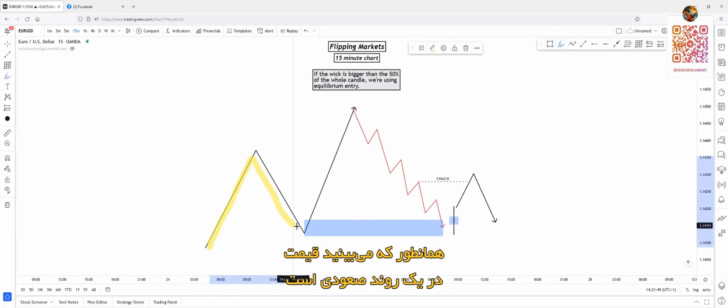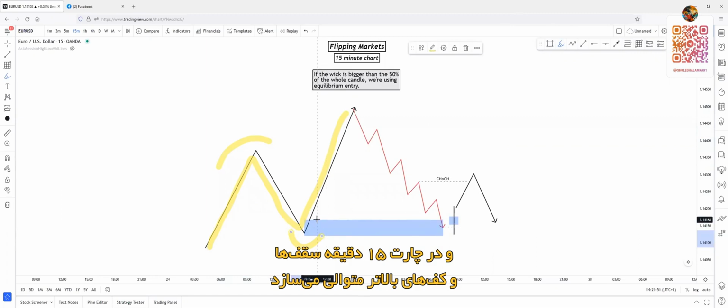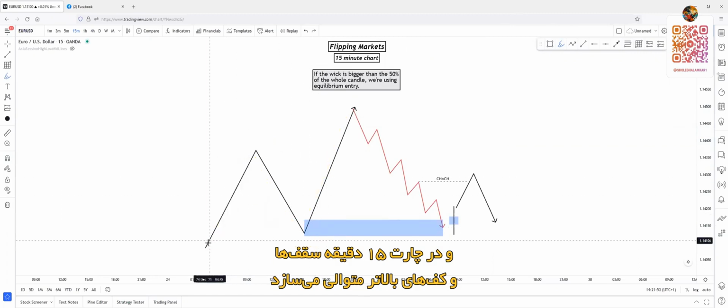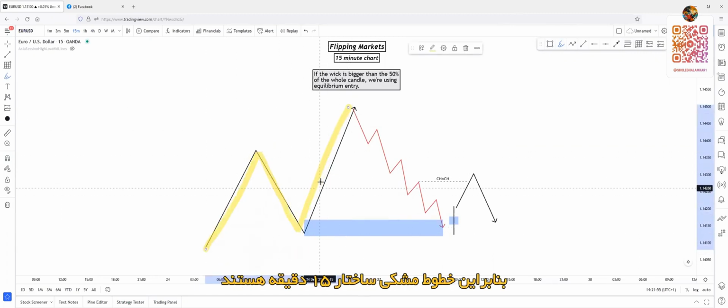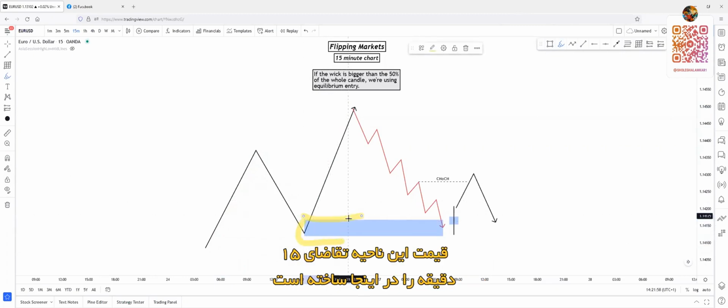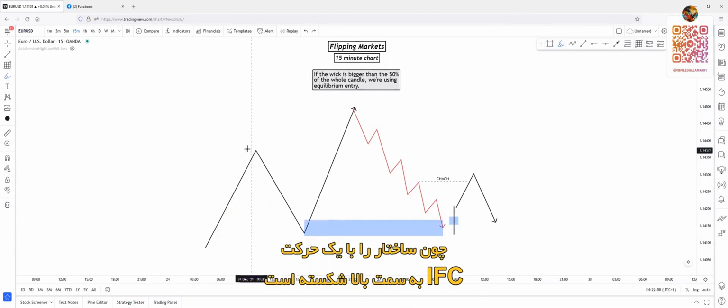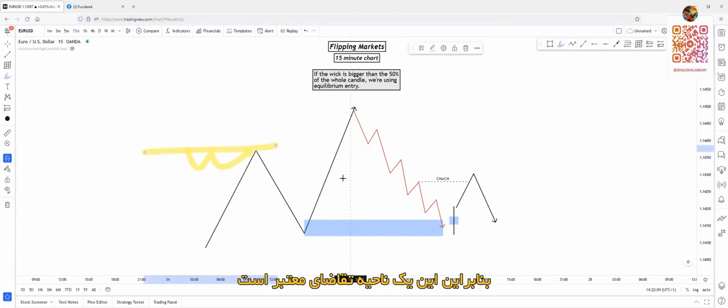As you can see, price is moving in an uptrend here, creating a series of higher highs and higher lows on the 15-minute chart. So the black line is the 15-minute structure. Price created this 15-minute demand zone right here because it broke structure here with an inefficient push. And let's say it swept some liquidity from this region. Okay, so we have this really valid demand zone right here.